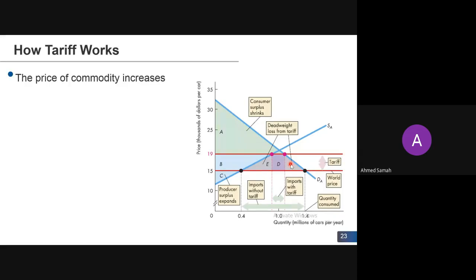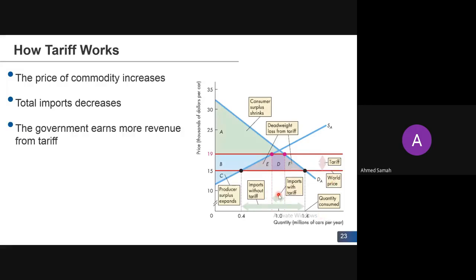So, to give a summary of what happens because of tariff, the price of the commodity has increased because of the tariff. The imports have decreased compared to before. The government earns a revenue from the introduction of tax represented by this square D. Producer surplus has now increased from the previous triangle of C to the addition of this